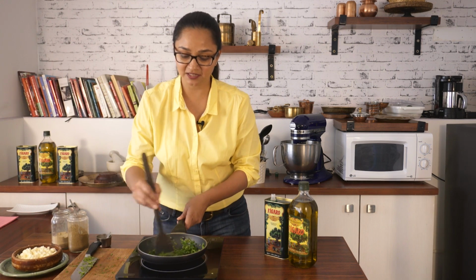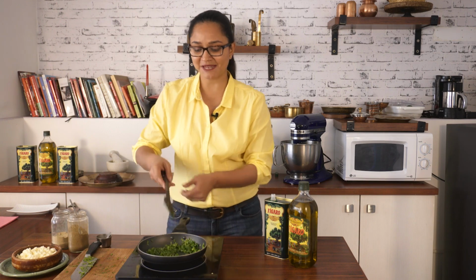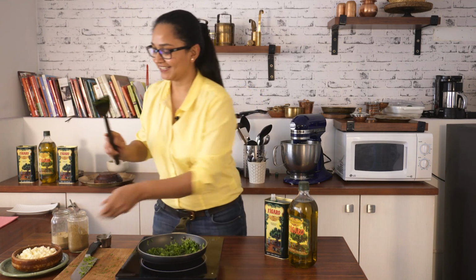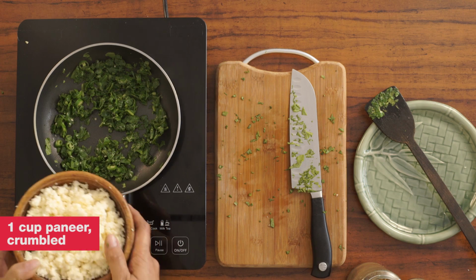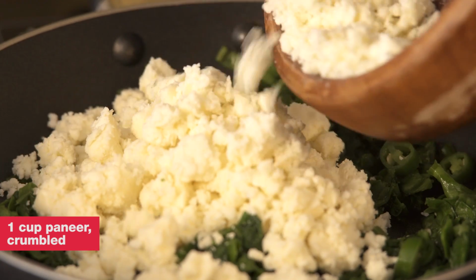And I'm going to stir in the paneer and a few spices, chatpata spices, to make this samosa tasty. Okay, and into this I'm going to add the crumbled paneer, which is homemade, and I just sort of crumbled it,